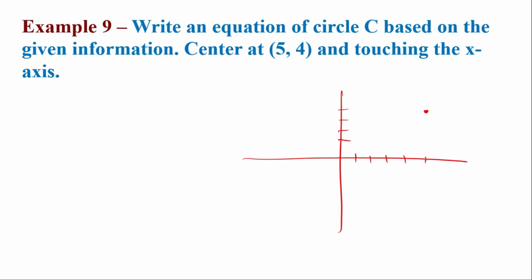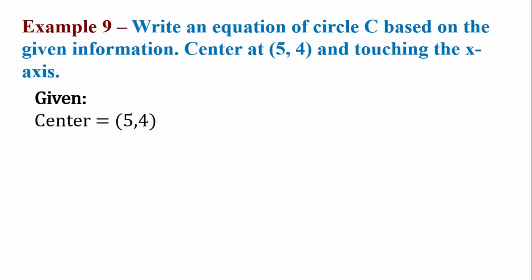If it touches the x-axis, meaning it is tangent to the x-axis, then the radius is the measurement on the y-axis, 4 units, because if you count it, 1, 2, 3, 4. So we have now the center that is 5 comma 4 and the radius of 4 units because it touches